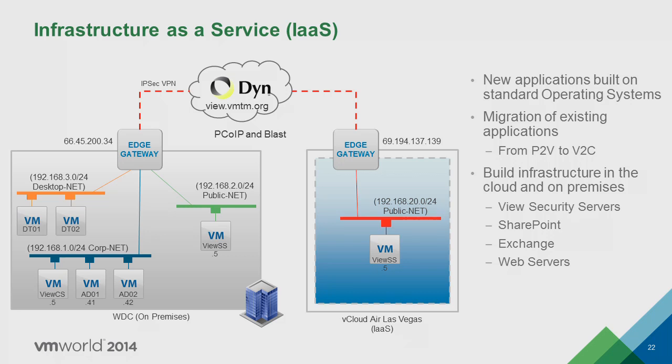It's on film too. It's running in vCloud Air. The other one is actually running in what we call WDC, our Wenatchee data center. That's running on vSphere. So what we actually did was, in our lab that's running some desktop machines and this View security server that's public on that IP address, we've actually got our Active Directory and our View connection